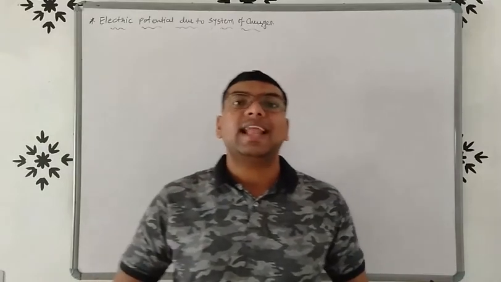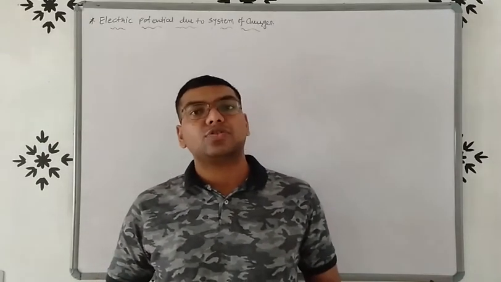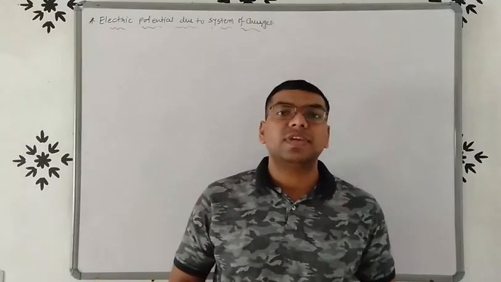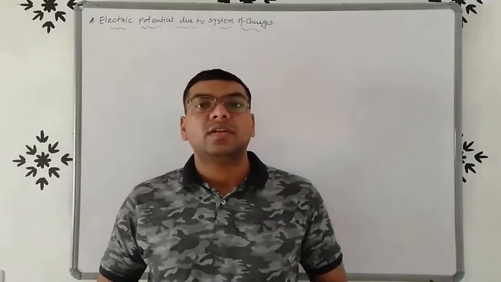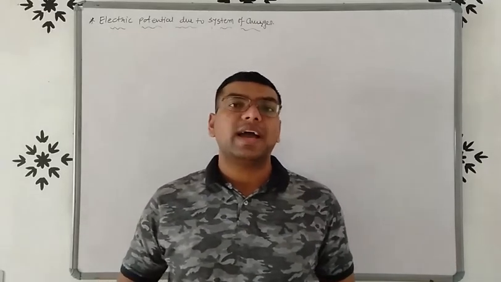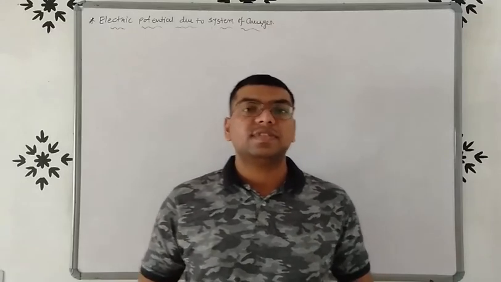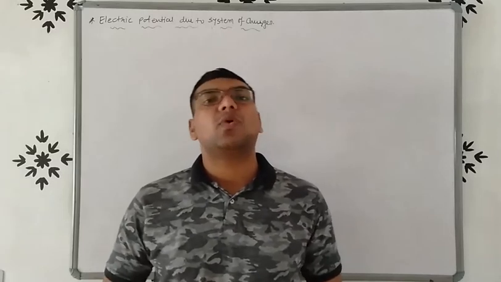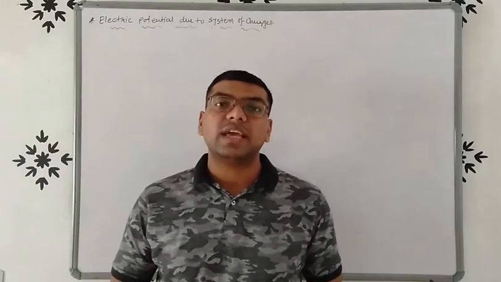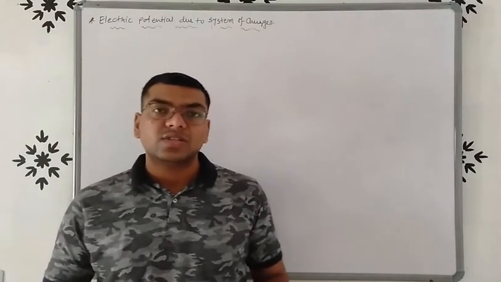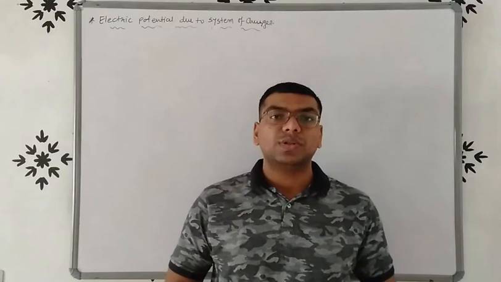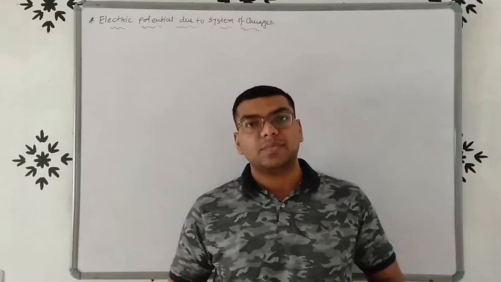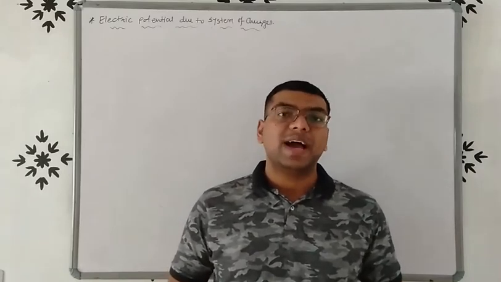Hello friends. In the last lecture we discussed electrostatic energy and electric potential. We know that electric potential V is equal to Kq by R. So if the charge is capital Q, then V is equal to KQ upon R. If the charge is small q, then V is equal to Kq upon R. So friends, we already know the formula of electric potential, or we can say electrostatic potential: V is equal to Kq by R.